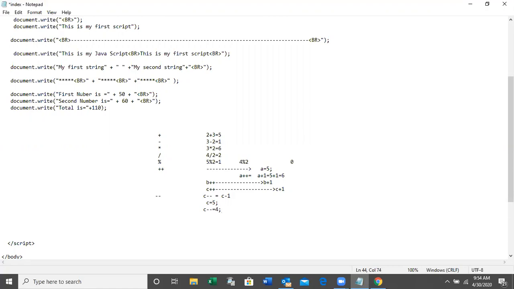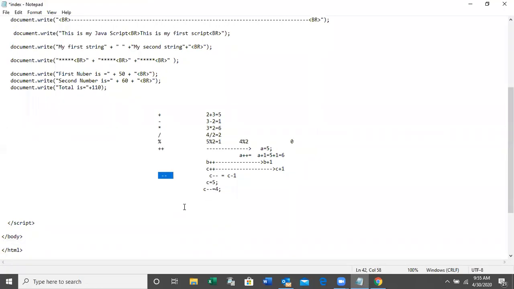Okay. So these are the arithmetic operators: plus, minus, addition, subtraction, multiplication, division, modulation, increment, decrement, and the